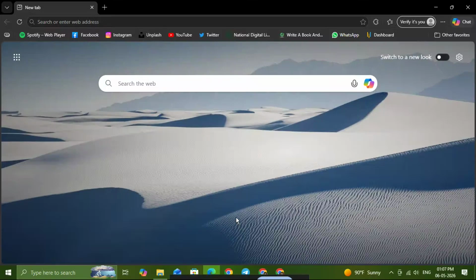In this video, I'm going to show you how to install Chrome on Windows 8 in just a few simple steps, using the safest method possible. If you're still using an older Windows 8 computer and want a faster, more modern browser, Google Chrome is a great option. I'll walk you through the full process from opening your browser to downloading the official setup file and